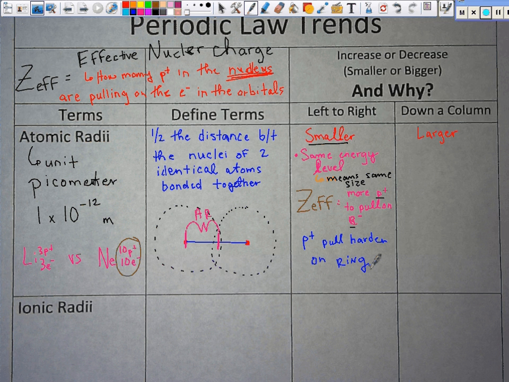Now let's talk about as it goes down a column. Well, we've already said that it gets larger. So why does it get larger? Well, guess what? If you're going across, it's the same energy level. This time as you go down, you're starting to get on different energy levels. Okay, well, what does that mean for this atom? Well, since you have different energy levels,